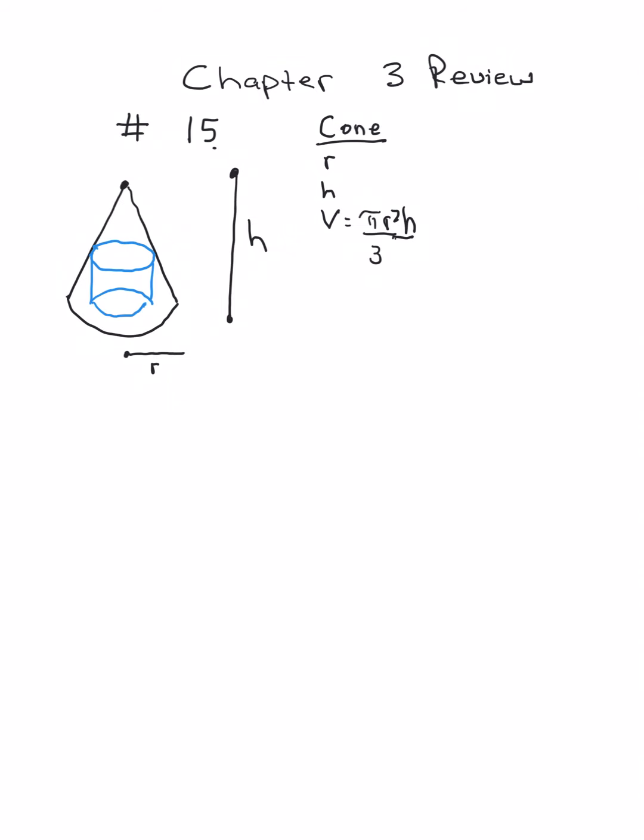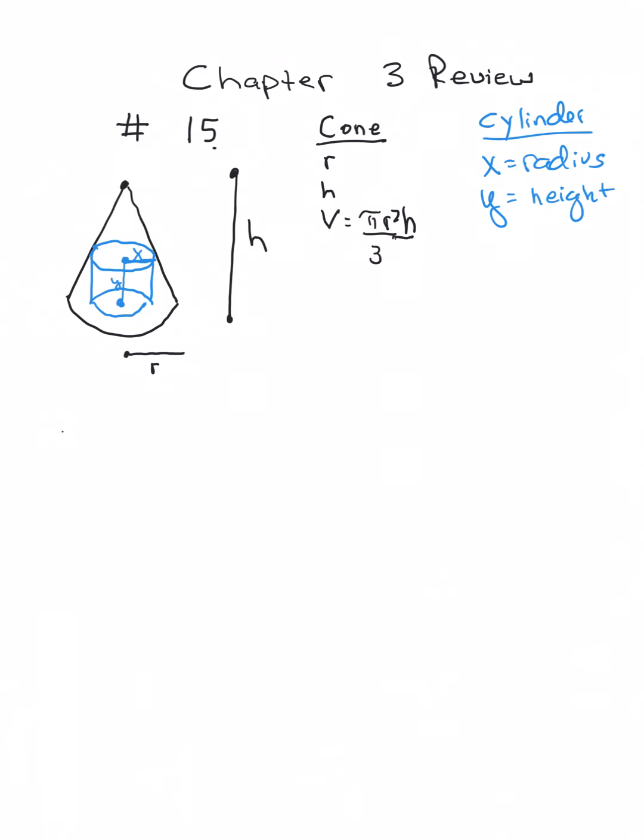Now let's go ahead and give the cylinder's dimensions in blue. Now this is kind of tricky. We don't want to call the radius of the cylinder R. So for the heck of it, I'm going to call it X. Okay? We don't want to call the height of the cylinder H. So just for any variable, I am going to pick Y. Is that okay? So for my cylinder, X is going to be the radius, Y is going to be the height of the cylinder,